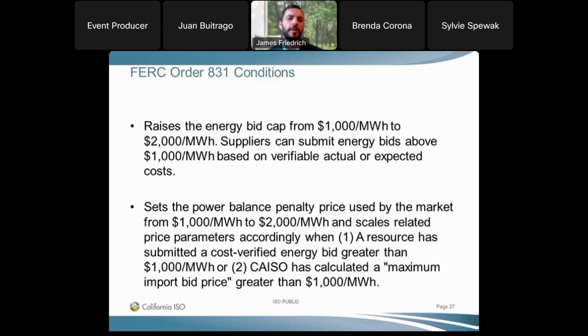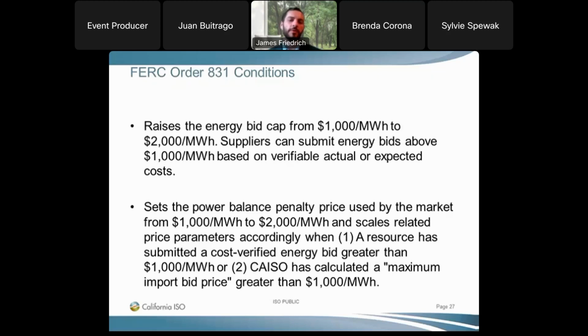FERC Order 831 is to raise the energy bid cap from $1,000 to $2,000, as long as suppliers can submit energy bids above $1,000 if they're based on verifiable actual or expected costs. So if suppliers need to represent costs higher than the prevailing bid cap, they're able to do that if they're verifiable. But the second thing it does is when FERC Order 831 conditions are triggered, either because the market has received a cost-verified energy bid greater than the $1,000 soft cap, or CAISO is calculating a maximum import bid price greater than $1,000, meaning that prevailing prices outside of the CAISO throughout the West are signaling scarce conditions,